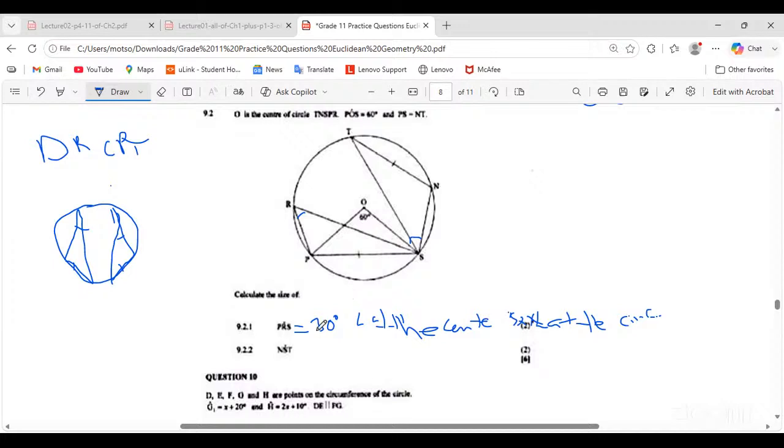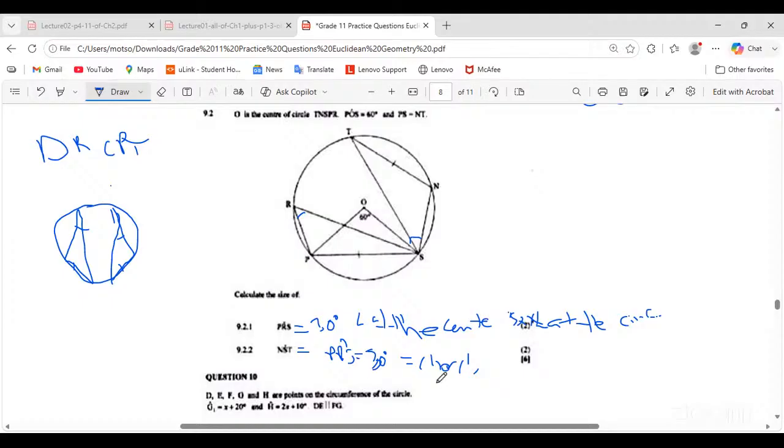Now, we will say NST here is equal to that angle PRS, right? And then they are both equal to 30 degrees. Why? Because equal chords